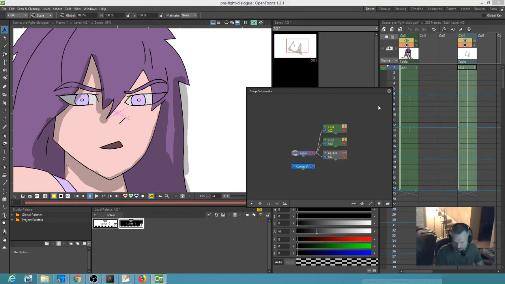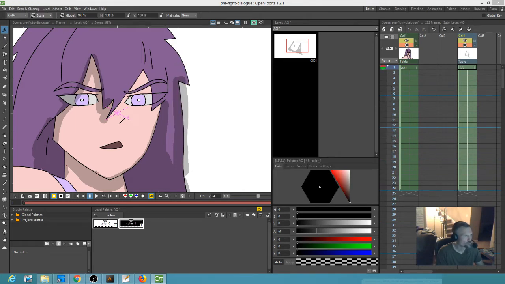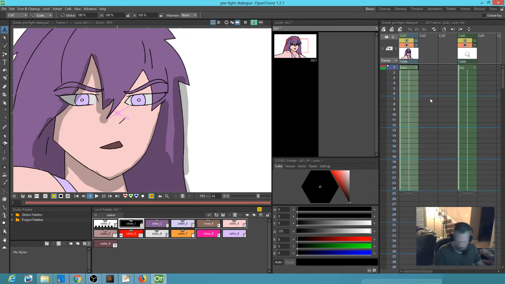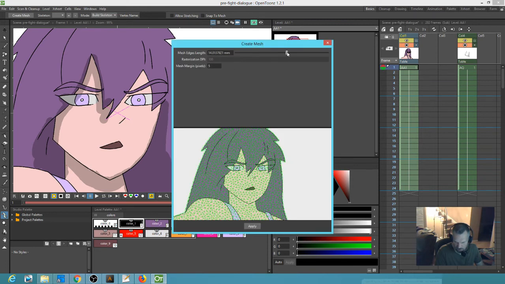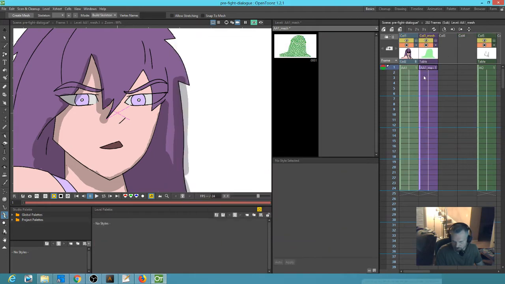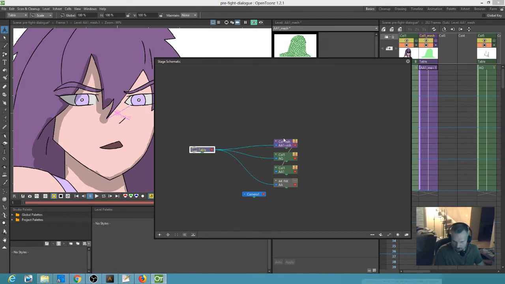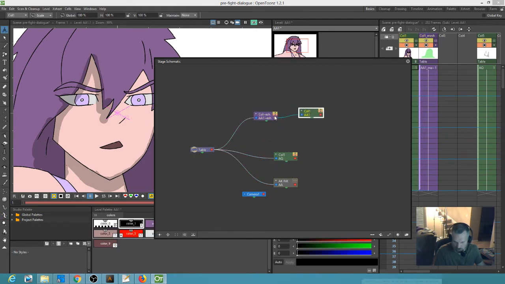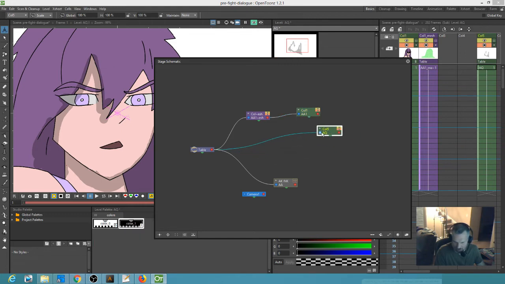I think there is. And the better way is to actually use the plastic tool, believe it or not. If I use the plastic tool and create a mesh on my character, it doesn't have to be a real fine, detailed mesh. Just create a mesh. Okay. Now, if I once again grab this schematic, you can see that the plastic tool is influencing the column that has the drawing of her. Well, if I take this shadow layer and feed it into the plastic tool as well,